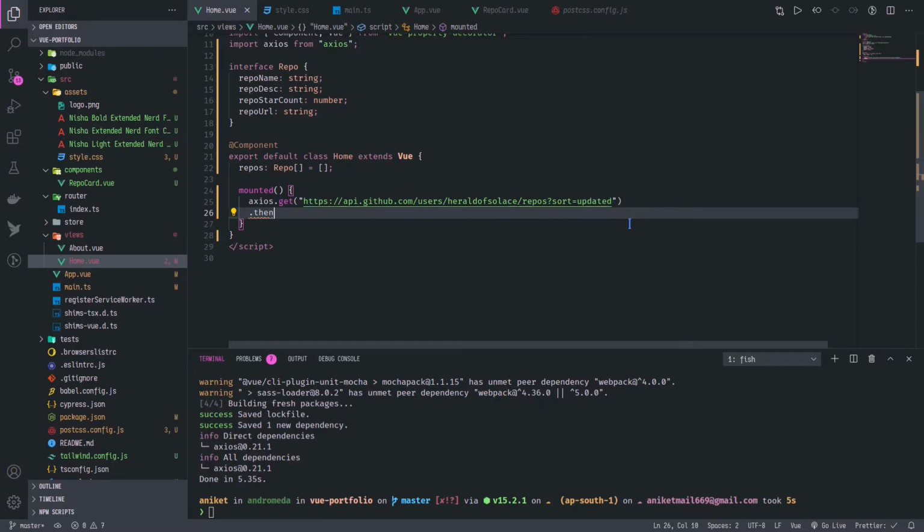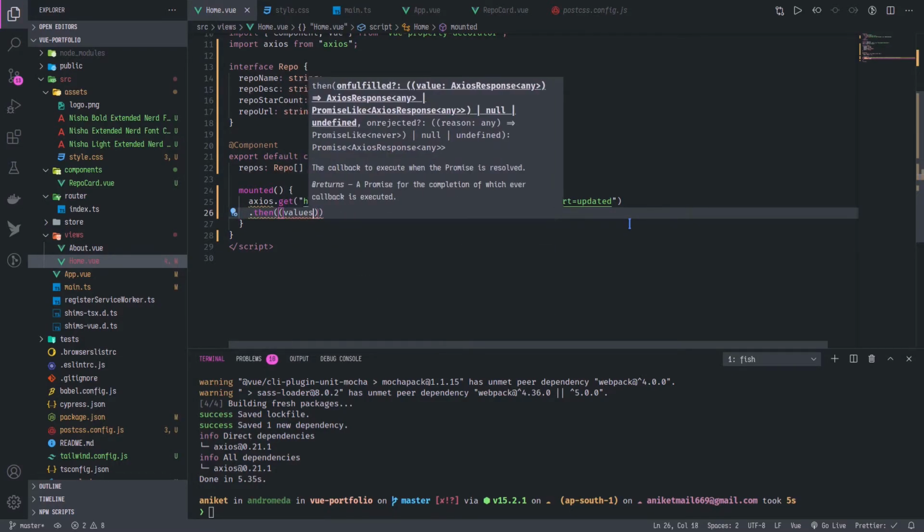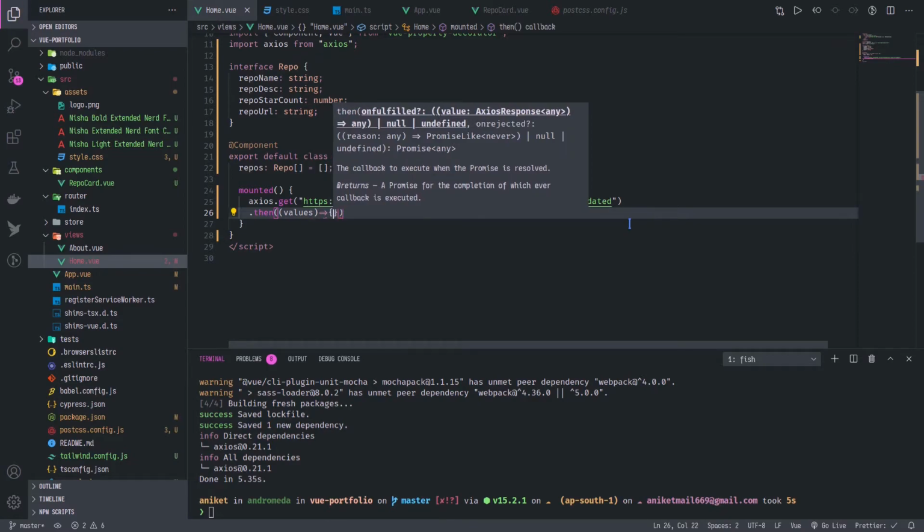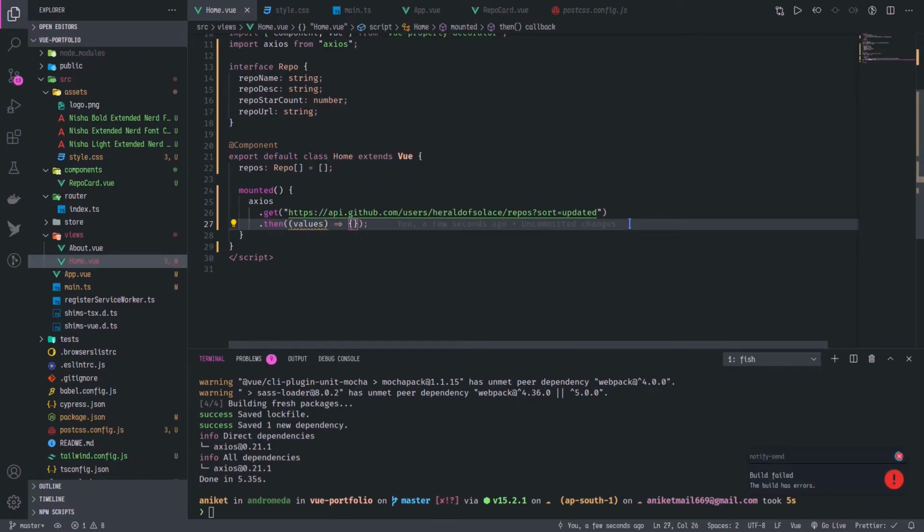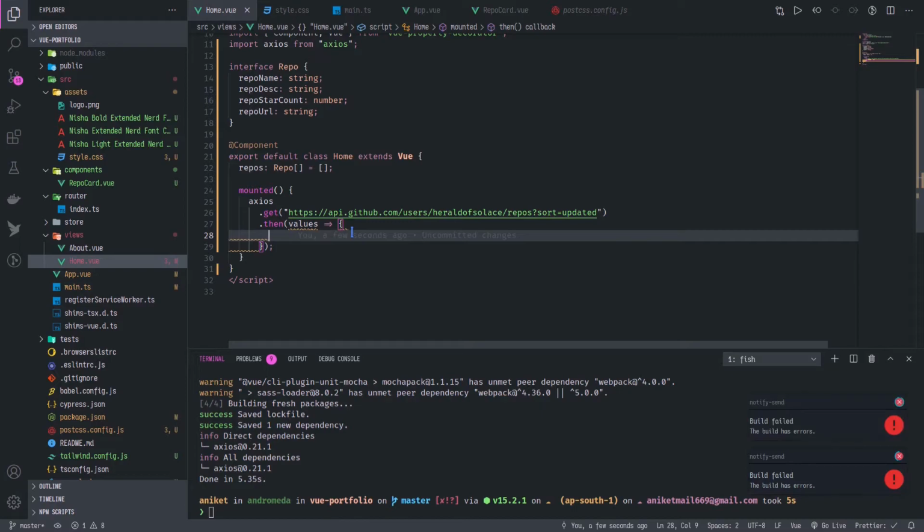After that, I'm going to take the values. If you have not watched my videos on promises, do watch them right now to understand what I am doing here. Actually, I do not need the parentheses because this is only a single argument. So first I am going to take the response and take the data part. It has the type of Axios response, and inside it we have a field called data, which will store all the lists, and I am going to slice it. So I am going to take the first 10 elements, and then for each